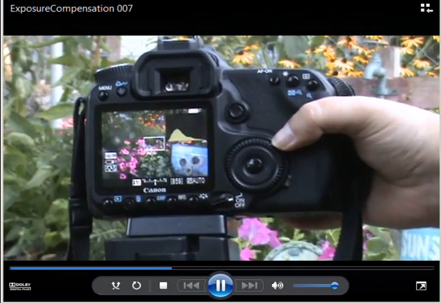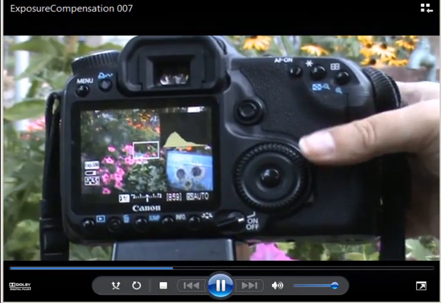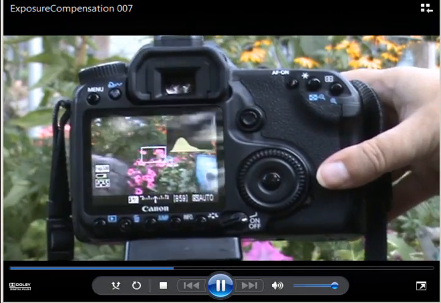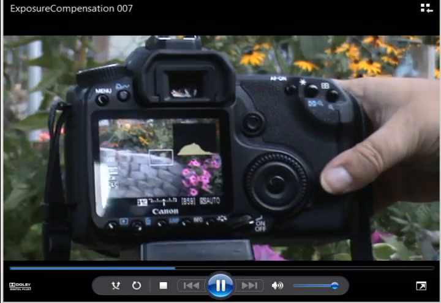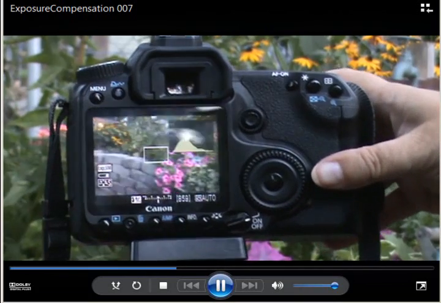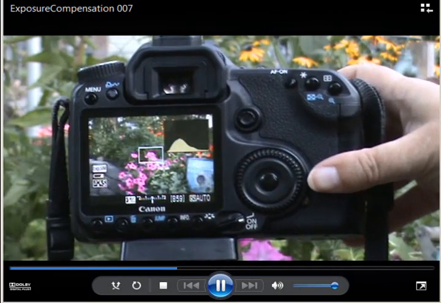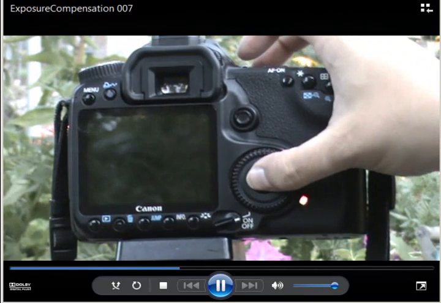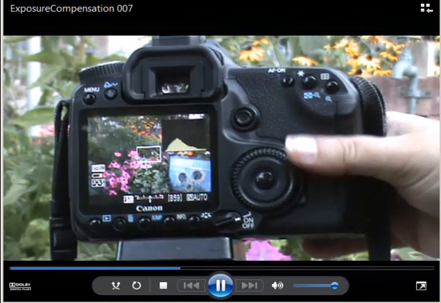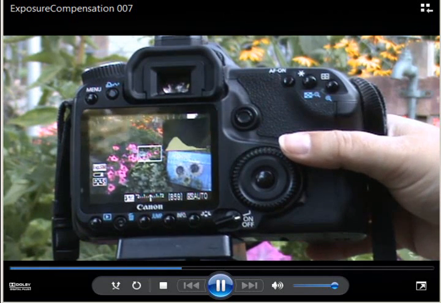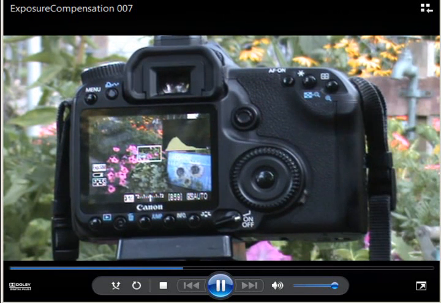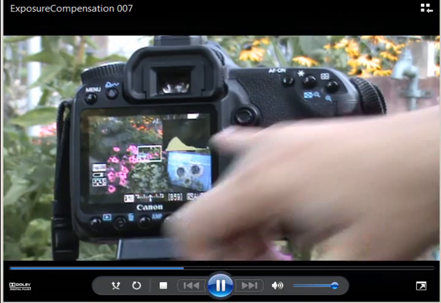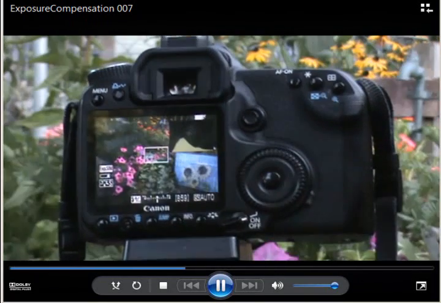Okay, I'm going to kind of recompose my shot, and you can see as I move it around, the histogram is moving, and we are, what, about dusk right now? Whoops. It only stays on for so long, that live mode. We are at about dusk, so there's not a whole lot of light coming into play right now, and you can see it's not a bad